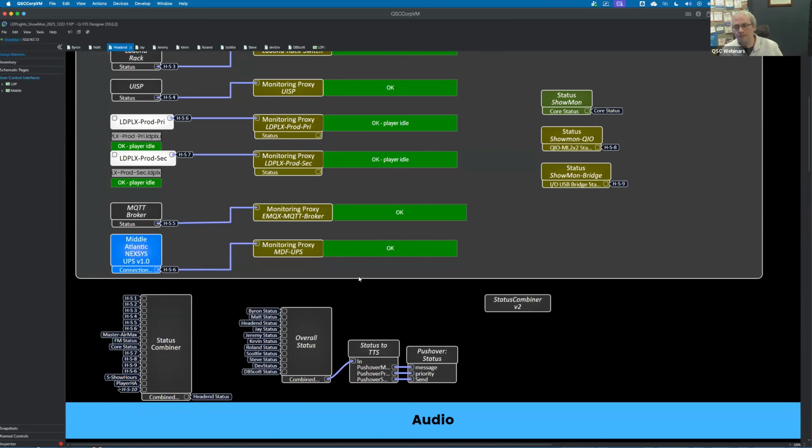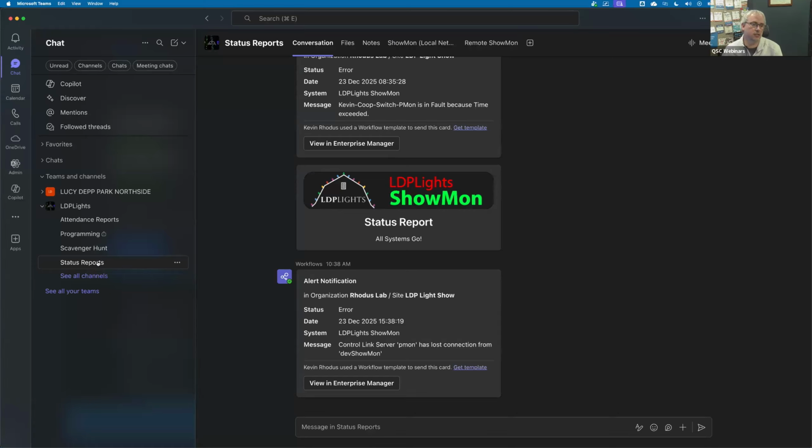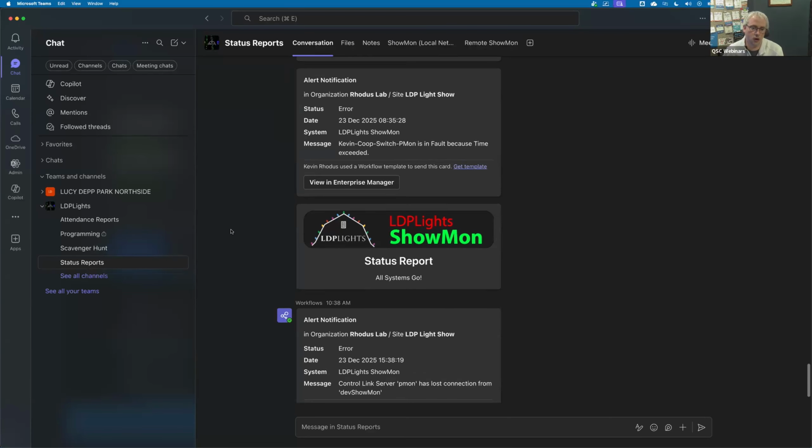So one of the first new things we added this year is we moved a lot of our notification and everything over to Teams. Because we're a nonprofit, we have a grant of a 365 instance, and so we're using a lot of that, and we're using that to tie in a lot of different things we're doing. But the first thing we've got going is I've got a Teams channel here for our status